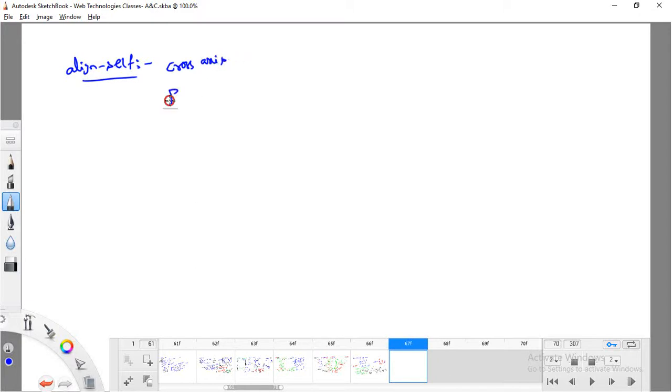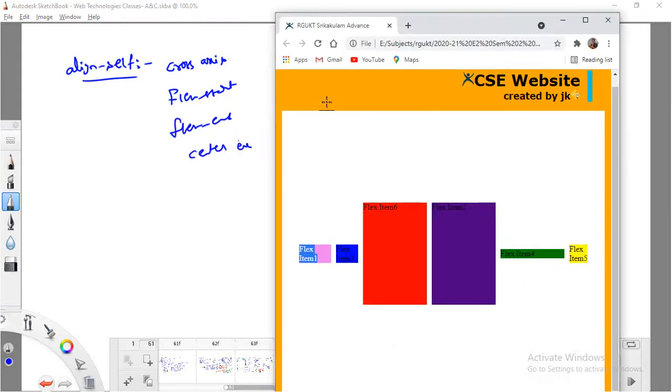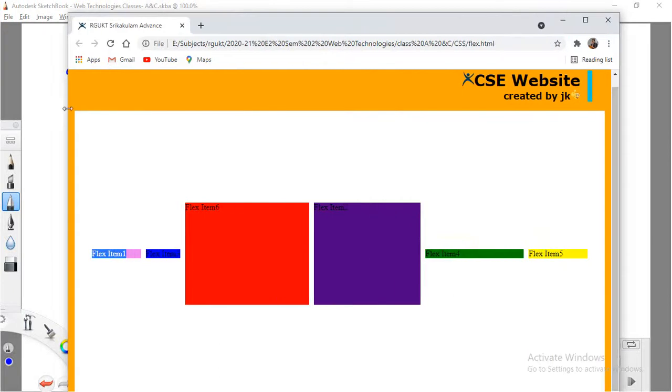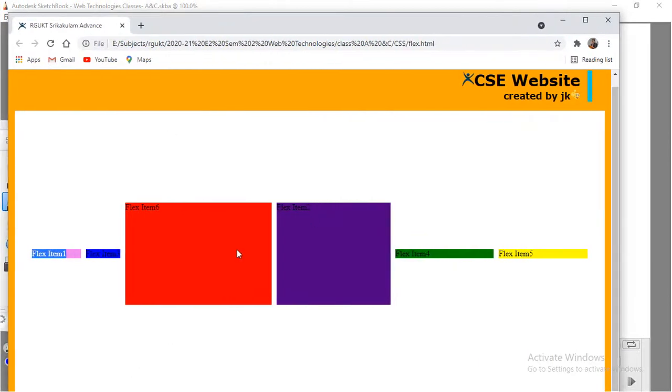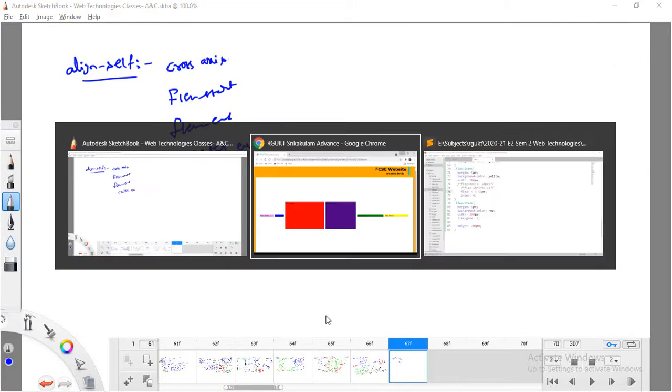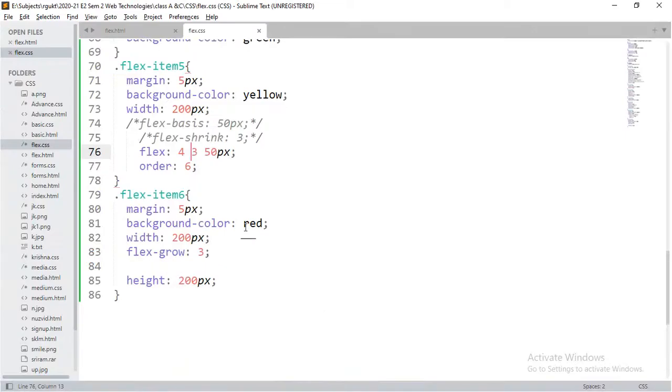So here you can define flex start, flex end, center. With respect to flex container properties, I can arrange all these items. But if I would like to define it specifically for a single item, then I can go for the align self property.